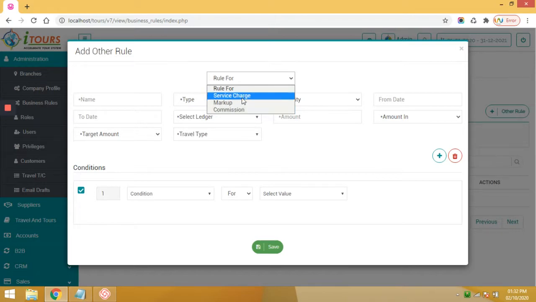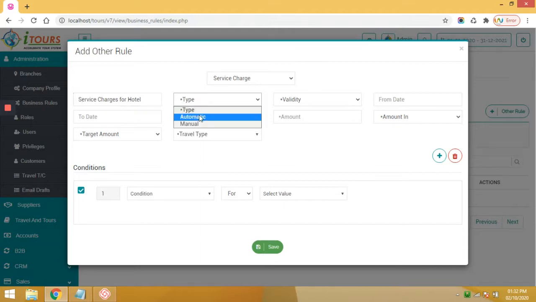So it's service charges for hotel, type, it's automatic or manual, means this service charge will be automatically calculated and the sales team or the operation team cannot edit it, or in the manual this can be edited.